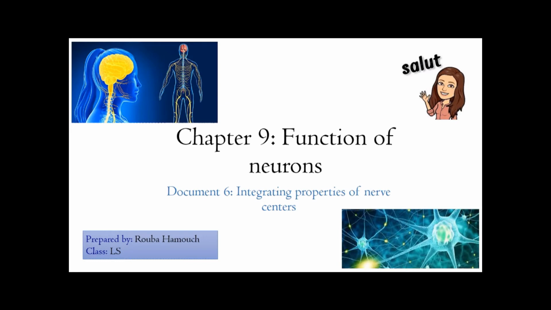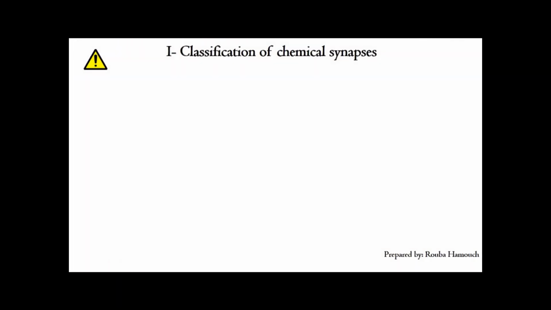Hello, LS. We arrived to the last document in our Chapter 9, Document 6, Integrating Properties of Nerve Centers. In this document, we are going to explain the excitatory and the inhibitory synapses and to make an ionic interpretation